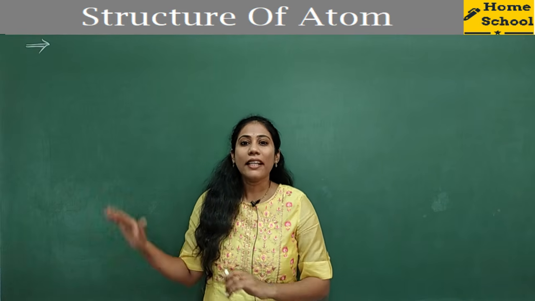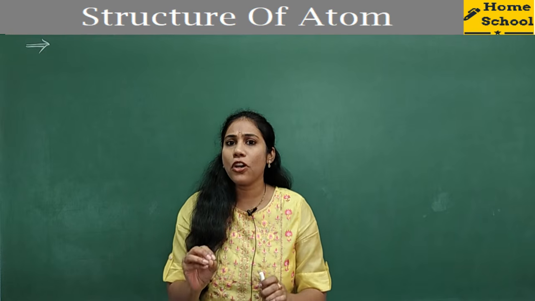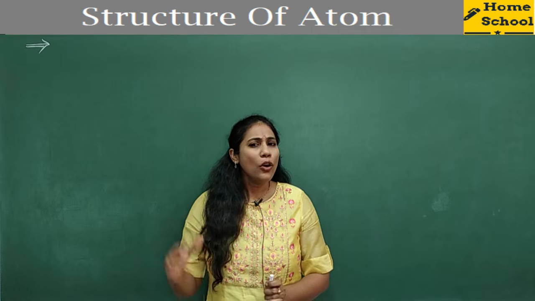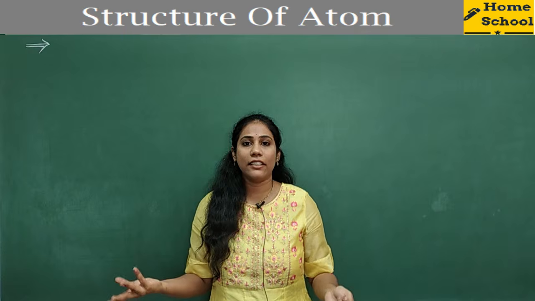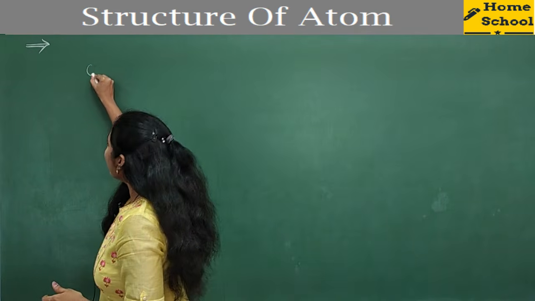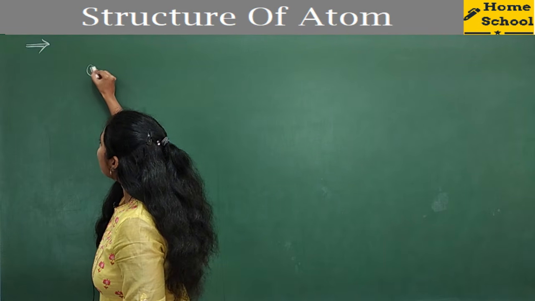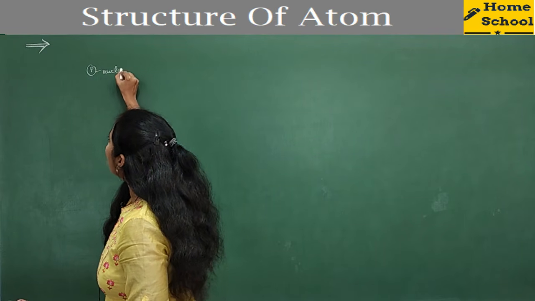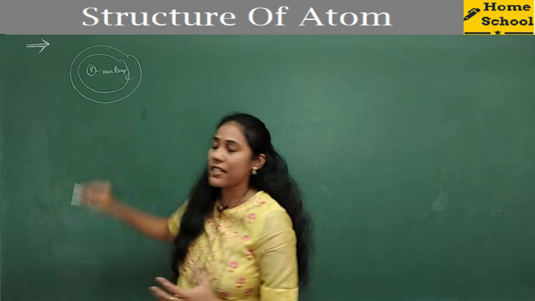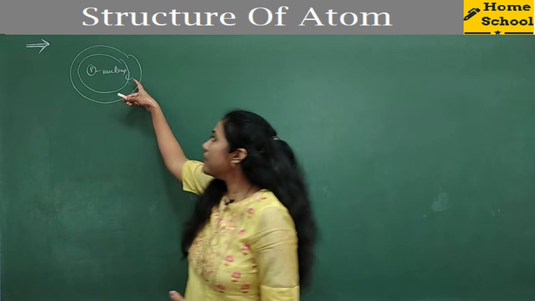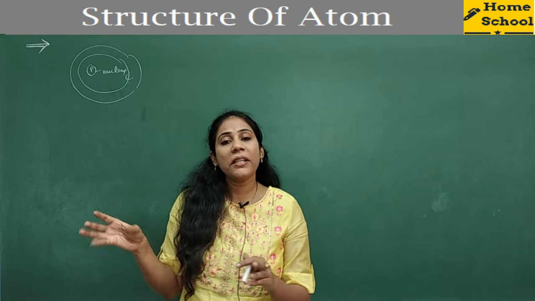Clear? Okay. Coming to the chapter, see, we already know the atom consists of subatomic particles. What are the subatomic particles? Protons, neutrons and electrons. And we all very well know that the Rutherford model taught us the protons are present inside the so-called nucleus and electrons keep rotating outside the nucleus in specific orbits, he told. Right? See, this is the fundamental idea given by Rutherford.